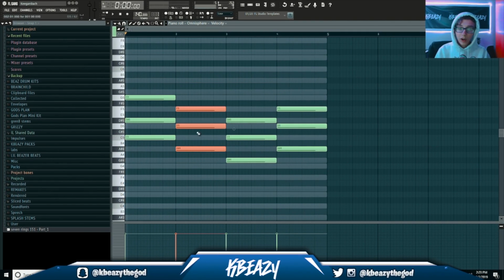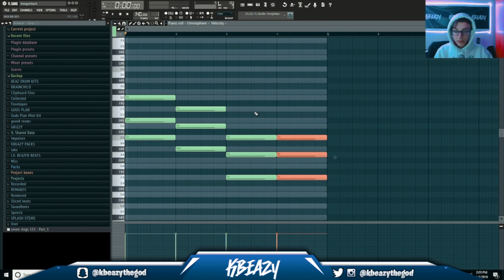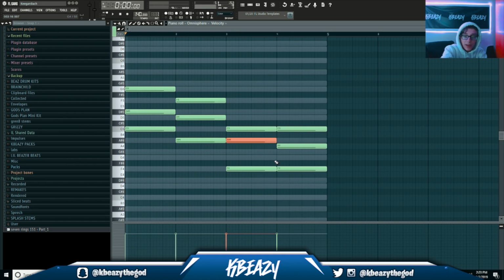Alright, so yeah, the next chord progression is going to be the same first 2 notes. It's just going to be a final different note. So as you can see right here, I have the 3rd chord I just made. Now let's say we're trying to test which one would work, right? If I move that up or down, it's both gonna work in the scale, but when I move it up,